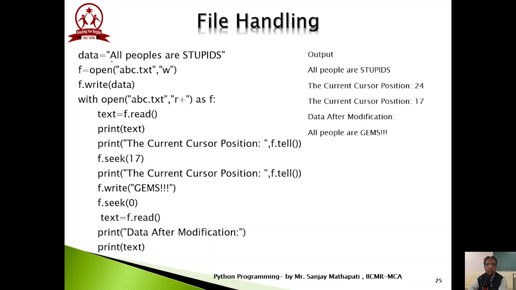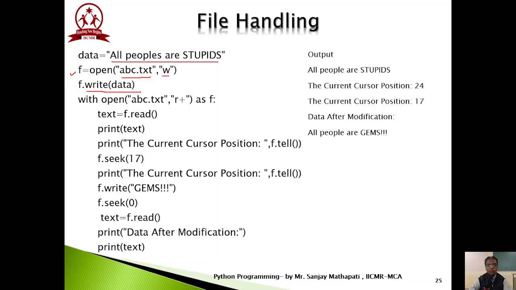Simple one: some lines of text are stored in one particular variable called data. Just for the sample, we have created one file object. We have opened the file abc.txt in write mode, and we know that if this file exists, the contents of abc.txt get overwritten because of the write mode. If the file does not exist, then that file is newly created. So in both cases, no error will be displayed.